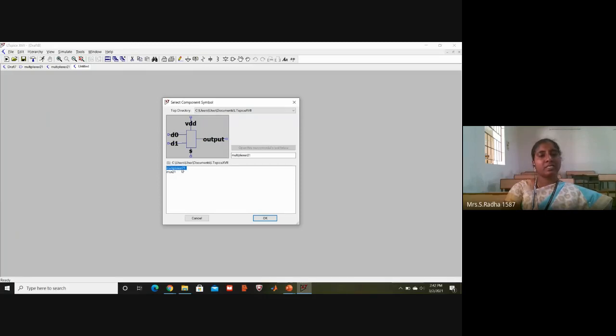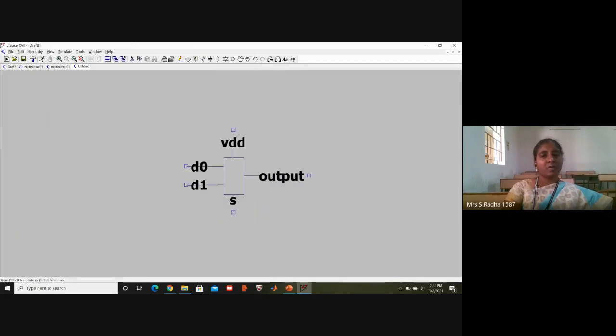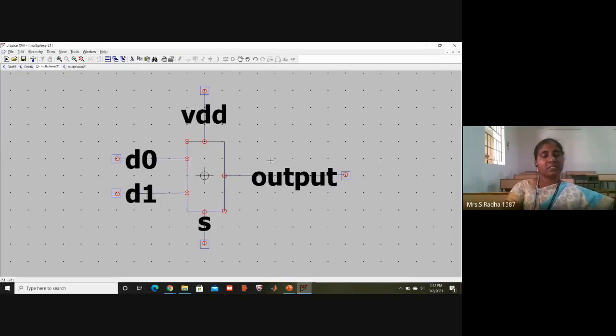Multiplexer 21 is the symbol created now, because you can see we designed the symbol in this fashion. This is another one which I tried yesterday, which we didn't create now.